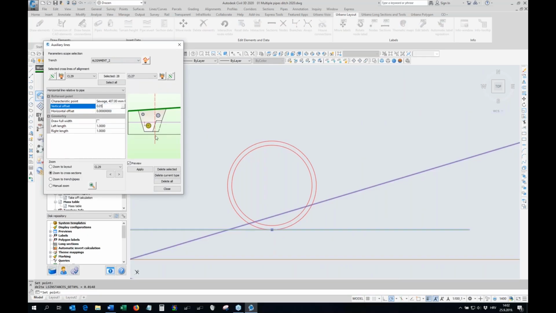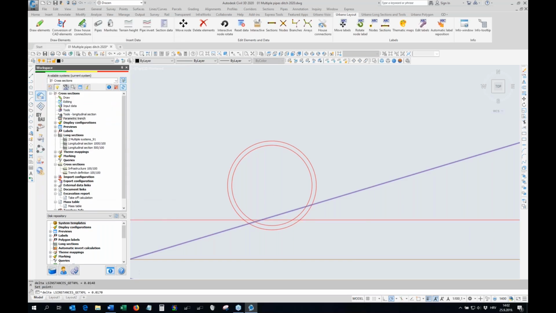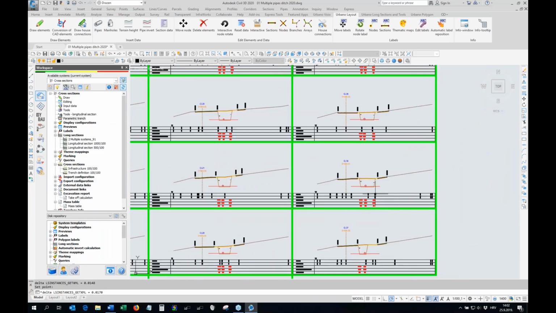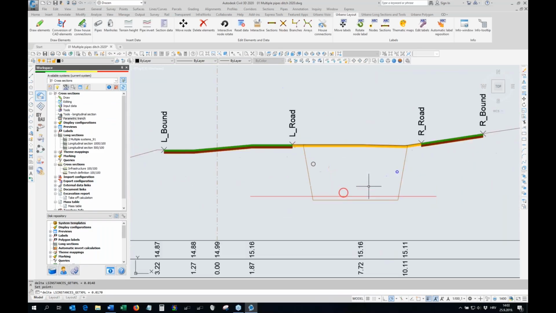That pipe is well suited to this, let's say, sand bed. I will increase that part and say apply. Okay, so what now? I have in every profile this horizontal line which will help me to do it. And I will repeat with